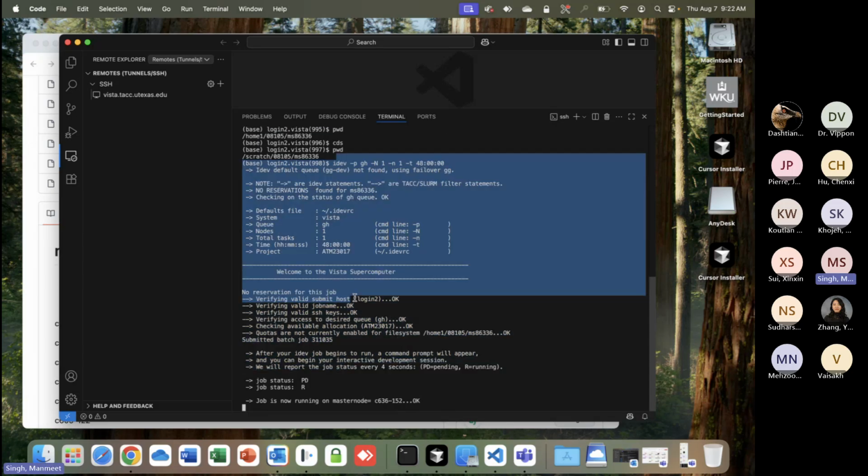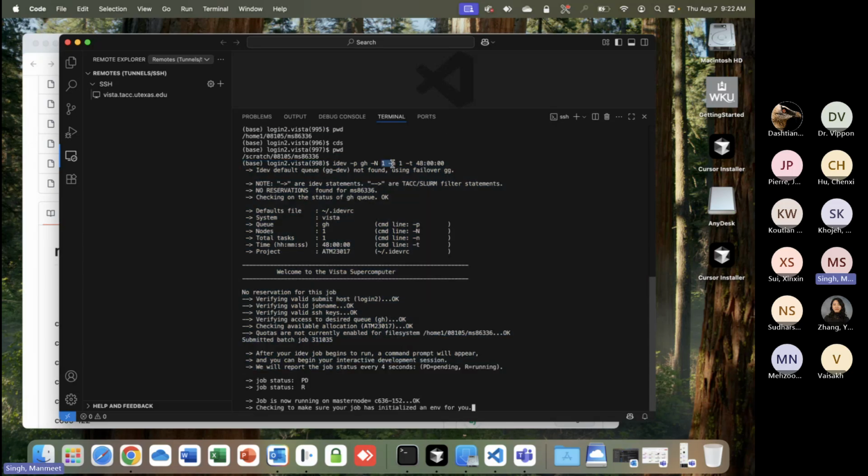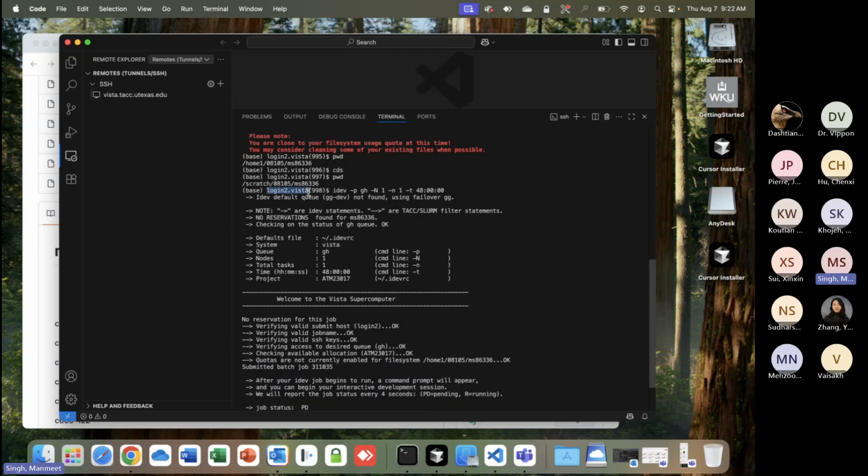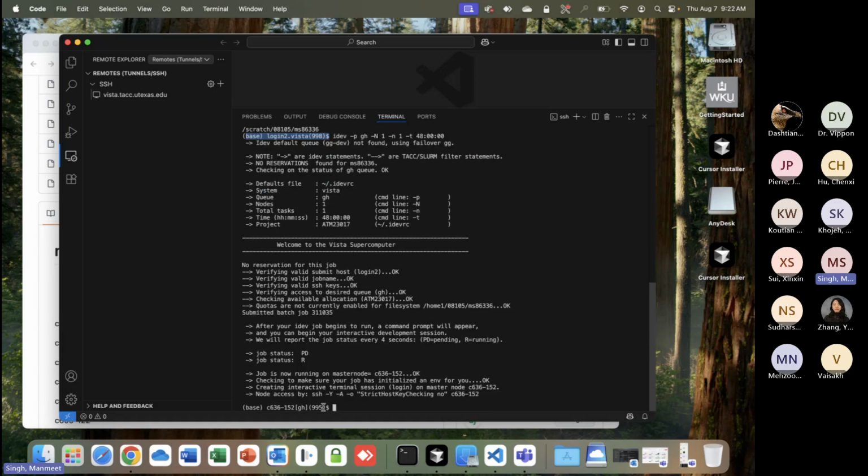For now, I just requested one GPU. You can see I've requested 48 hours. And now interactively, I am inside the GHQ. You can see that from login dot to dot vista, which was showing this dollar sign, we have now changed to